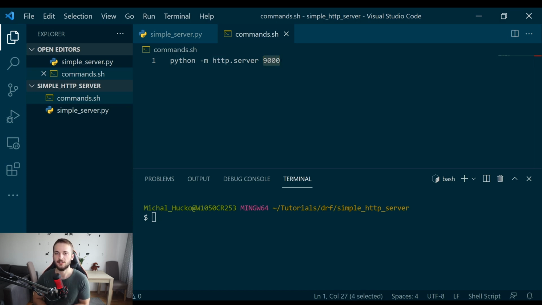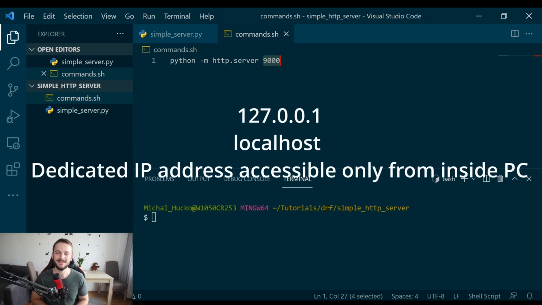Before we move on, you need to understand one more thing. When you want to do HTTP communication, you need to know the IP address of the server. I mentioned it in the previous lecture. So the question is, if we are running the HTTP server on my local computer and I don't want to access it from outside, what is the IP address of the server? There is a special IP address which is always dedicated for this purpose. This IP address is called